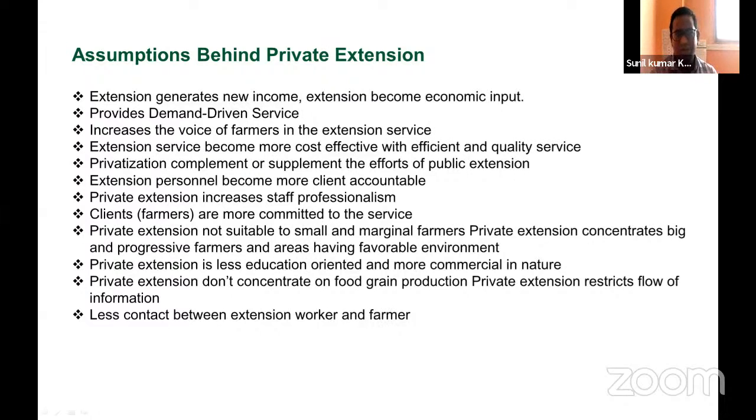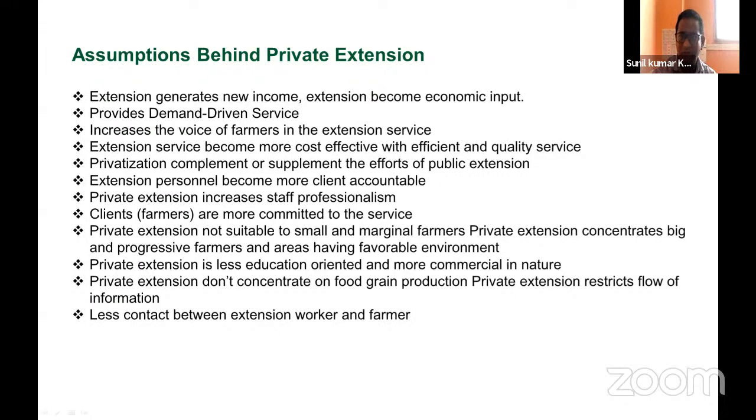This extension is generating new income. Extension becomes an economic input according to this privatization of extension. Why do we need extension as a private player? It is providing demand-driven services to the farmers, and they are increasing the voice of the farmers in